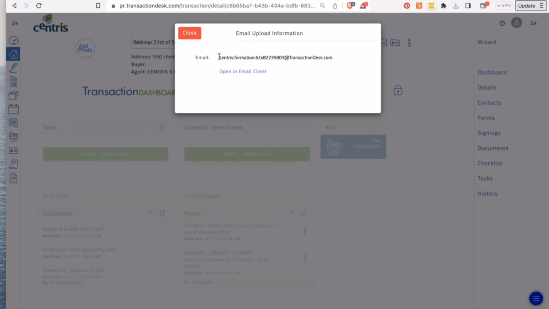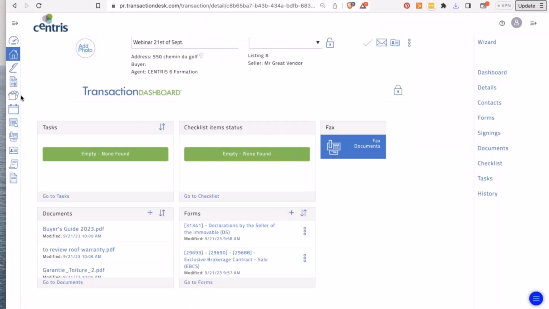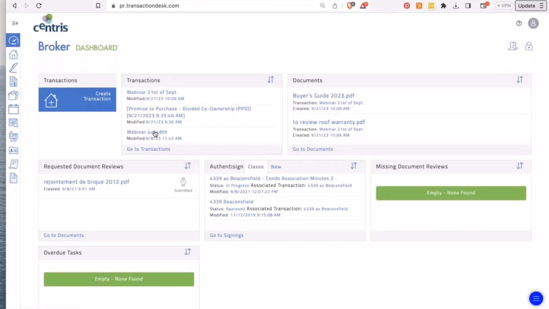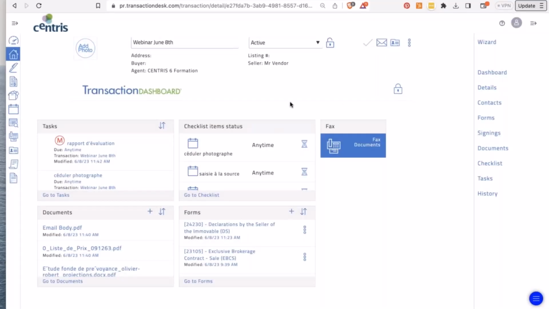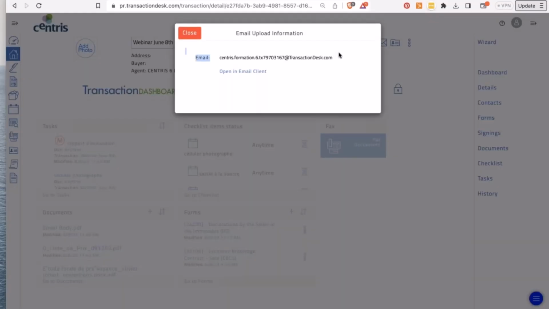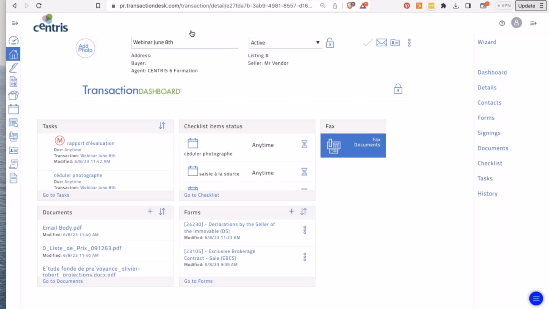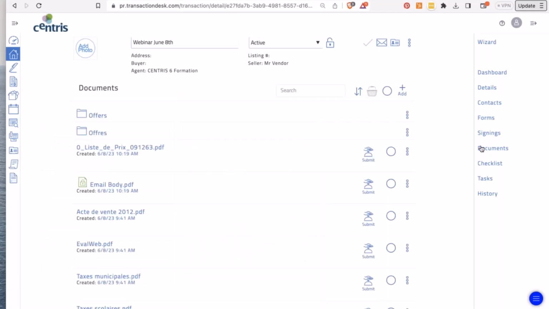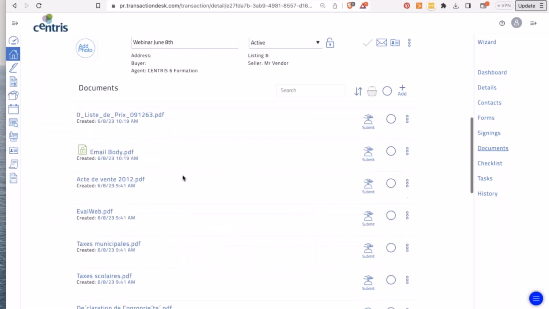Okay, so that's the address for this transaction. Now, if I'm going into another transaction, the webinar June 8th, this transaction has a different email address. Okay, it's not the same as the one we were just looking at. So if I go into the documents section of that transaction here, see, I have a